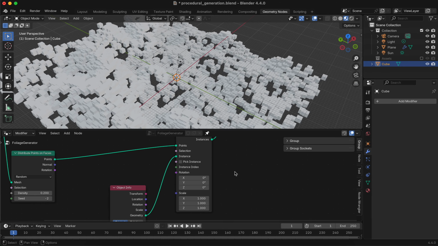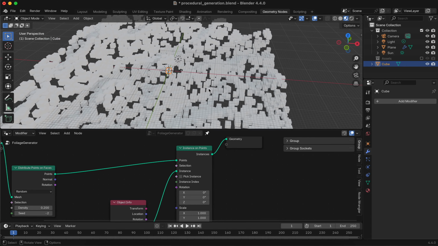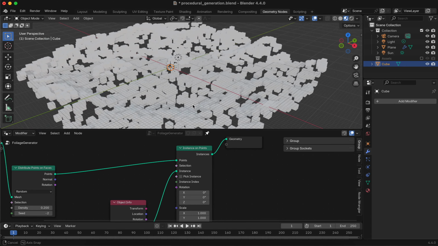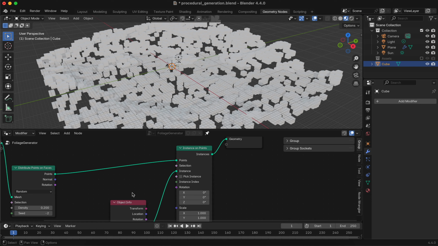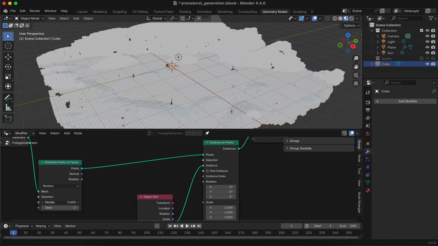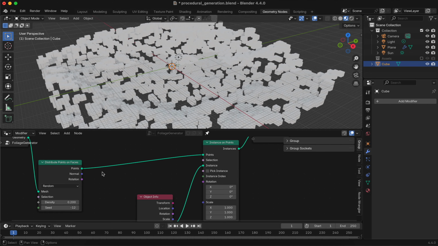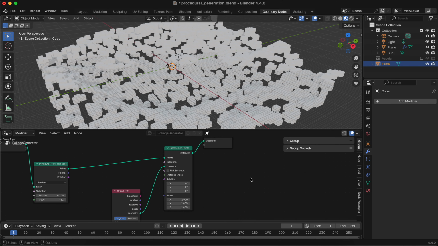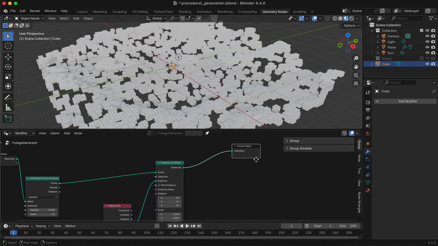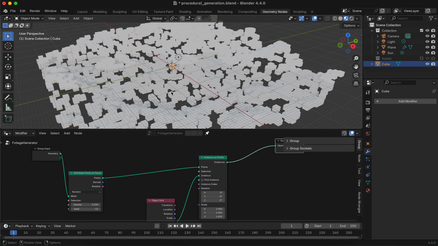Okay, so instead of rendering points, it is rendering the cubes that we have provided right now. So we can change the density again, and maybe the seed. Okay, you got this. So okay, we created some cubes, some objects